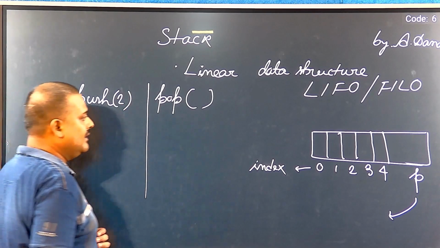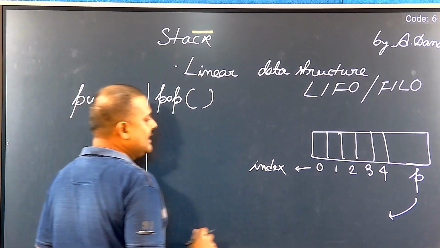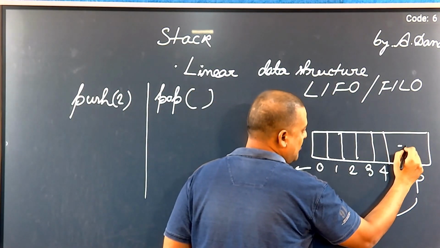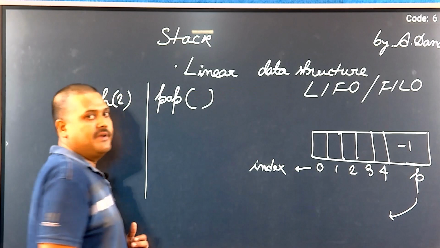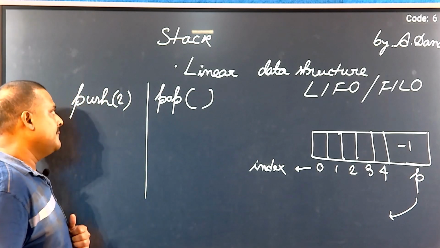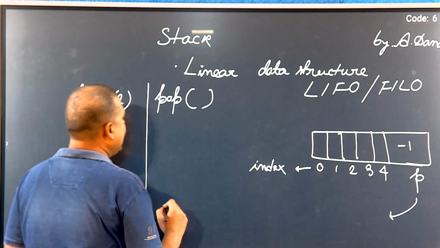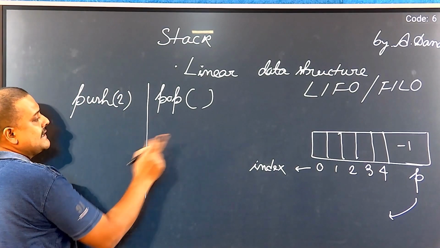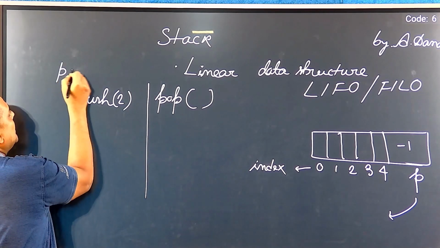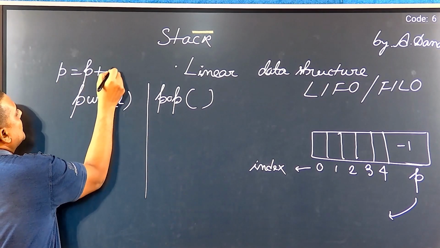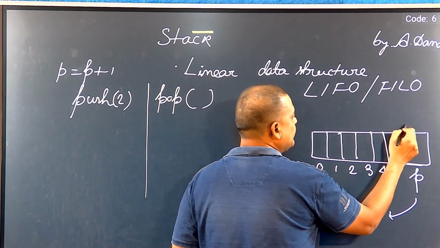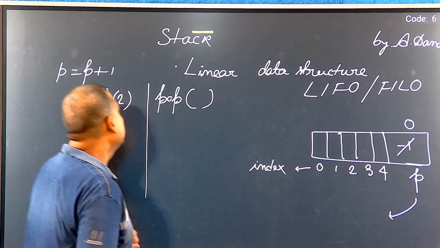So, what will happen? Initially, we initialize p as -1. The value of p, which is representing the index, is -1. Now, what will we do? If we want to insert any element, first we increment p by 1. So, p is now 0. So, at the 0th